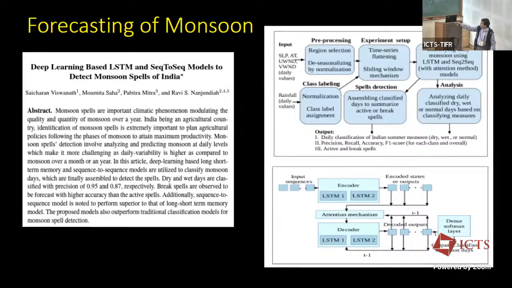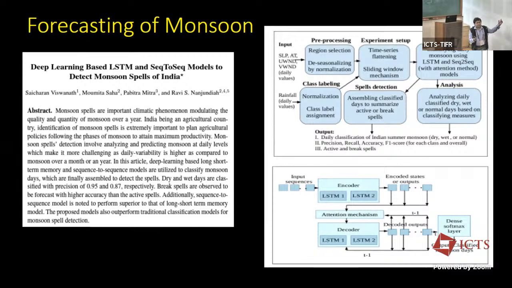So here we are seeing a different kind of forecasting. Here we are not talking about ISMR as a whole, but we are talking about daily weather forecasts. So the whole thing looks somewhat like this. You provide an input sequence, let's say the amount of rainfall over India, as well as some other predictors which they have mentioned here, the sea level pressure, U wind, V wind, etc., which they feel are good predictors. So they provide an input sequence of daily values of these things, and what they get is these outputs, which are the classified monsoon days.